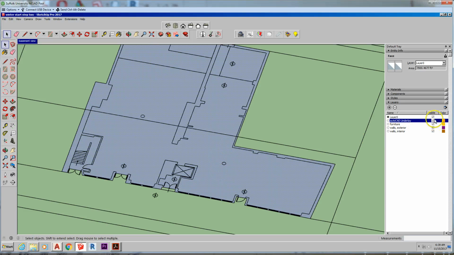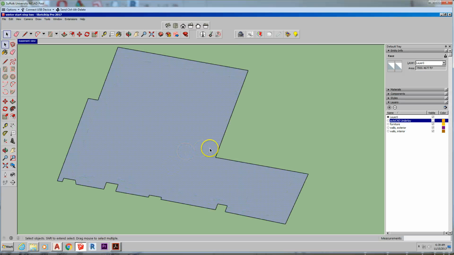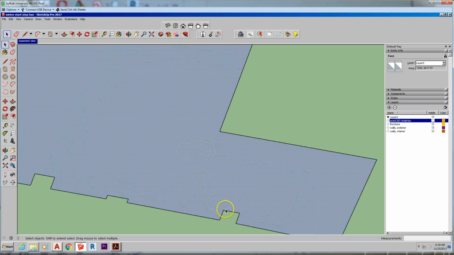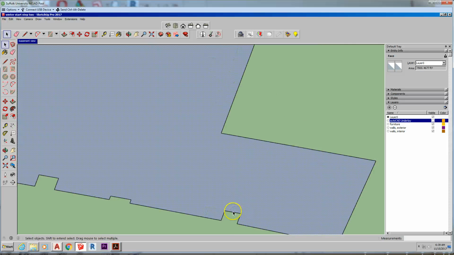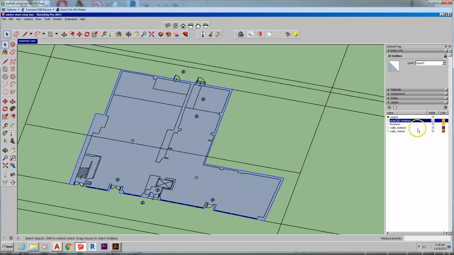You can tell this is one of the other critical reasons to layer your work in SketchUp: you want to be able to examine and inspect this surface and make sure that it's a set of continuous lines, right? And the only way to really clearly see that is to turn off the AutoCAD underlay. There's a couple things